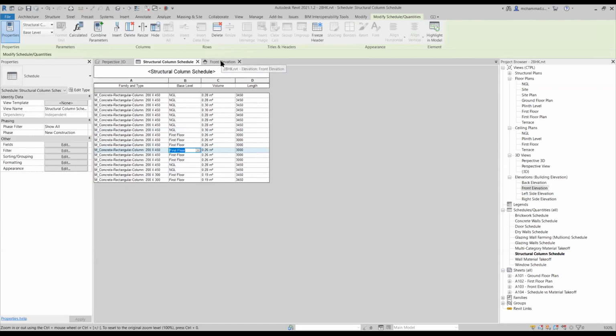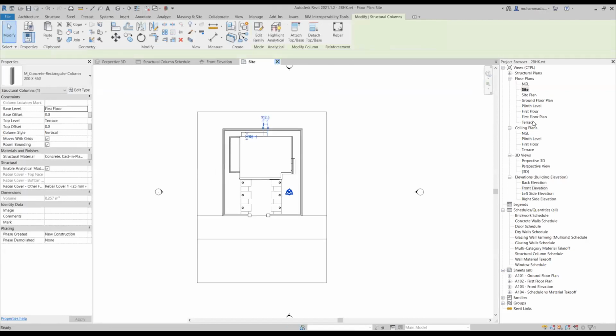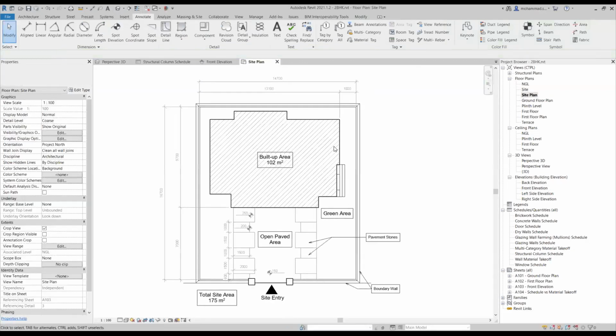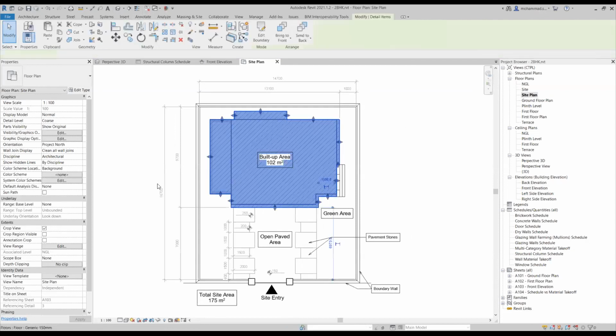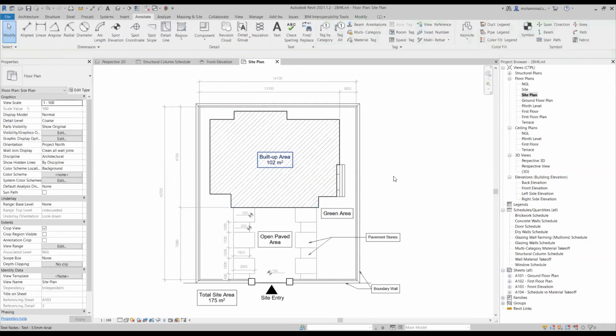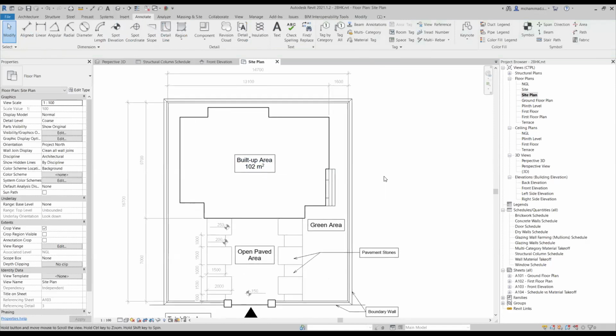For example, if I go for plan view, I'm going for site plan. Okay. I have another site drawing also. We can also check that. I've also added areas about this, so it automatically calculates area. For example, I've selected the floor plate of the entire building. It shows 102 meters square, and that is what I've written down here. So in Revit, we need not focus on 2D views. We just need to focus on design, and all the views are automatically interconnected.